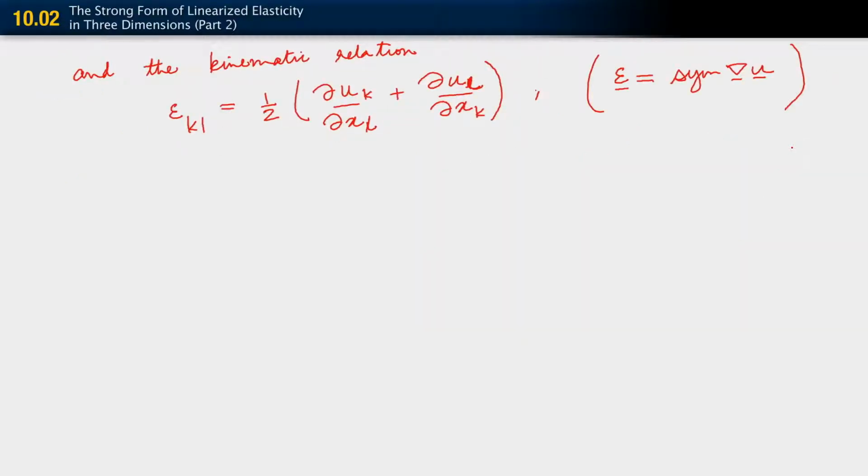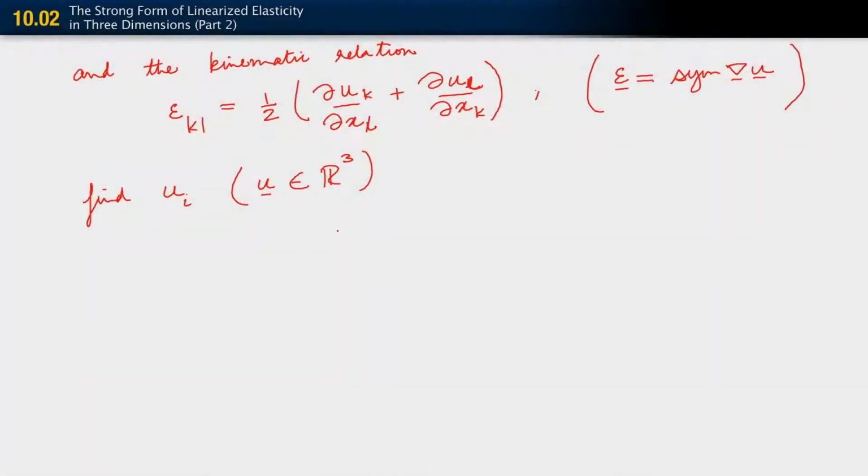Okay, so given all this, what we are faced with is finding u, I'm sorry, I need to stick with coordinate notation here. Find ui, and again ui is a component of a vector, so this really is saying that u belongs to R3. Again parenthetically we have the direct notation there. So ui is our solution field, and if you know some elasticity, you know that this is the displacement field. So find ui such that